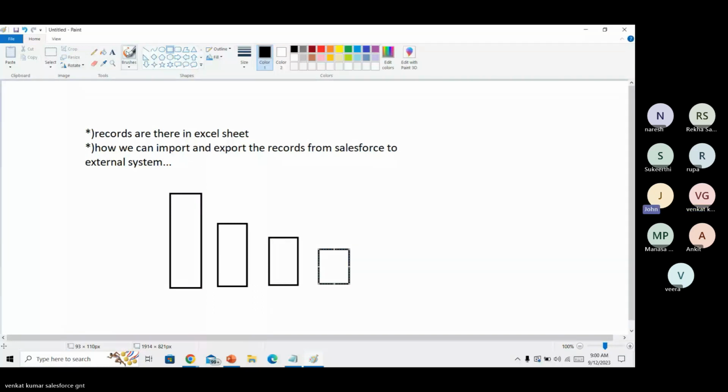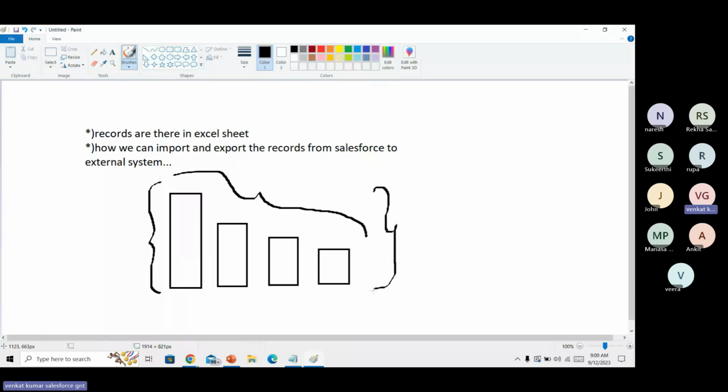Yes. For example, you are dealing with an insurance project: how many people paid premium, and how many people did not pay premium? You want to know all these things, whatever it may be. So we'll use the reports and dashboards concept to display some of the reports.